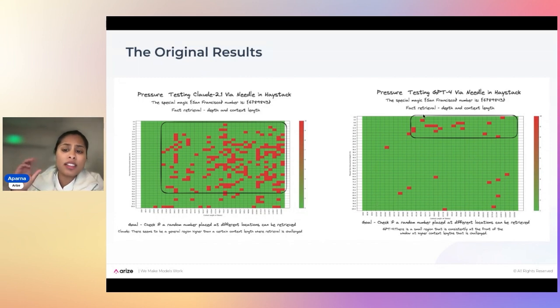But there was this consistent pattern, even as we ran multiple tests, at the front of the window during higher context lengths where it was challenged. So what it meant was if you put the context or the facts earlier in the context, it almost forgot it before it forgot it and didn't do a great job of using that fact in the actual retrieval.